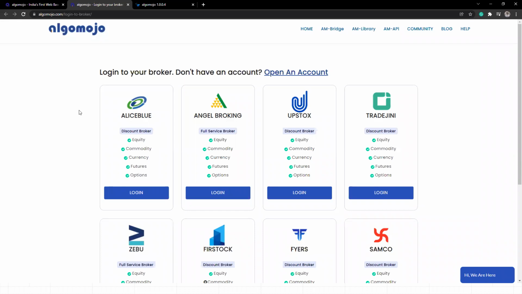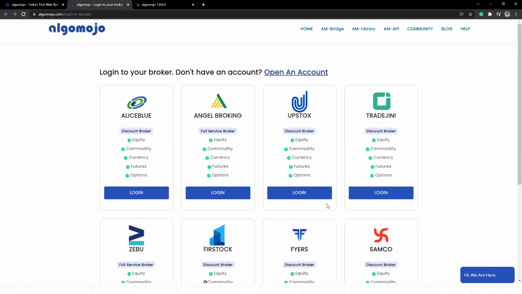You can open a trading account under Alice Blue, Upstox, Angel, and TradingView also. Simultaneously, you can open 4 applications under your name. Or if you want to open multiple applications with the same broker, you can open trading accounts under your name and under your family member's name. That way you can stick with a single broker.